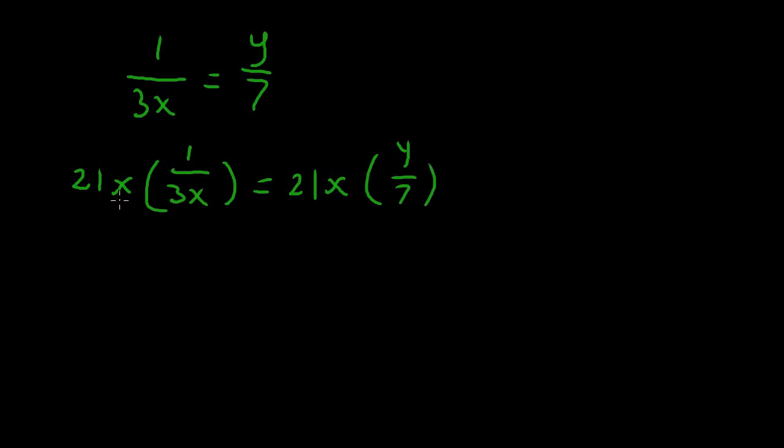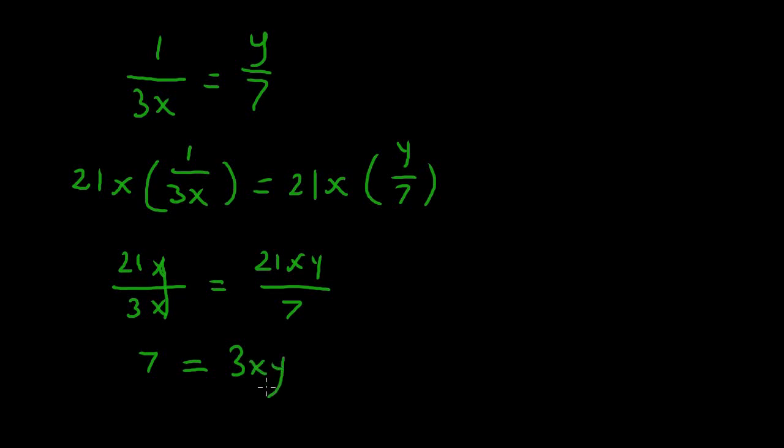Then we simplify: on the top is 21x over 3x equals 21xy over 7. We simplify further, cancel out our x's, and we have 21 over 3 equals 7, equals 21xy over 7, where we divide 21 by 7, which is 3, so